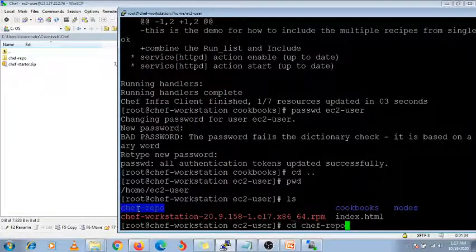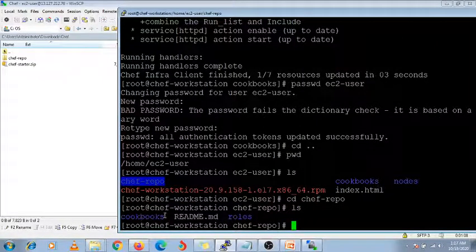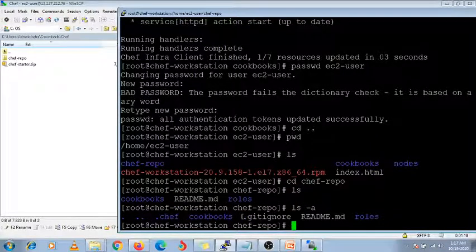So I have copied it, and let's check what information is available. There is one default cookbooks directory available and one role is assigned, right? And if you use ls -a, here you will get this information.